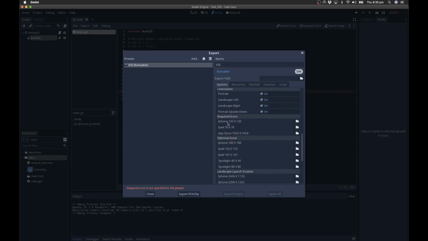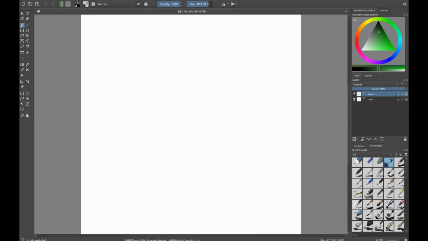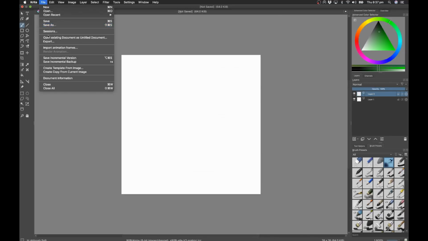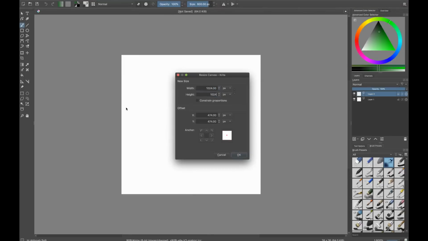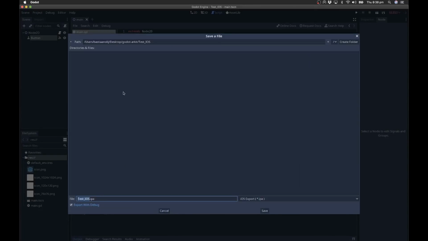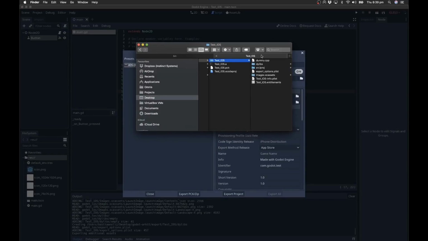Last but not least, we need a couple of icons in different sizes. Bear with me while I create a few blank ones using Krita. Now we simply assign these and voila! Time to export our game. We now find a folder in our folder structure that contains a couple of support files, an Xcode project